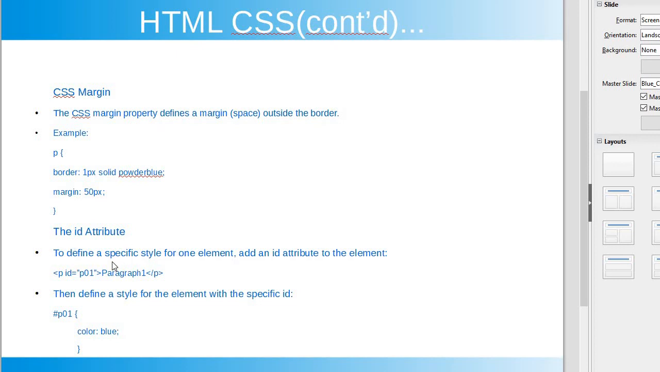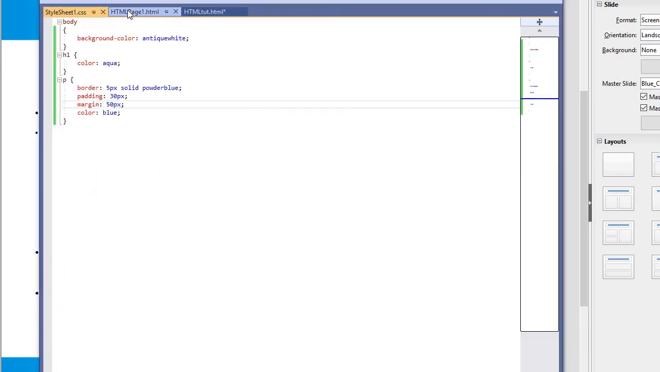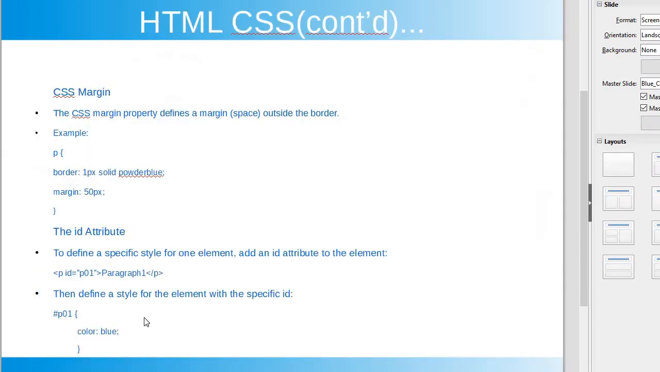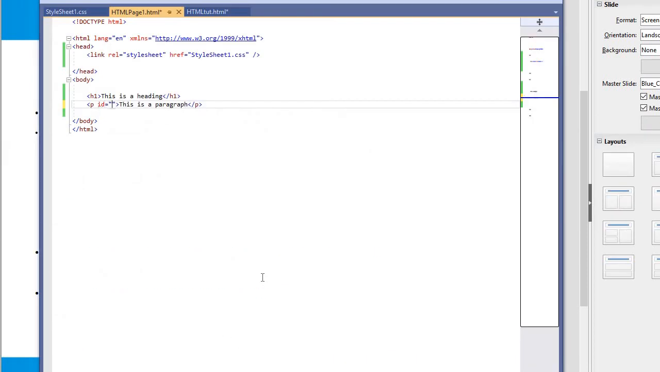The ID attribute. To define a specific style for one element, add an ID attribute to the element, like P ID equal to P01, paragraph 1. Then define a style for that element with the specific ID. This we provide in the HTML file, and then this one in the CSS file. So let's see that quickly. P here ID equal to P01,